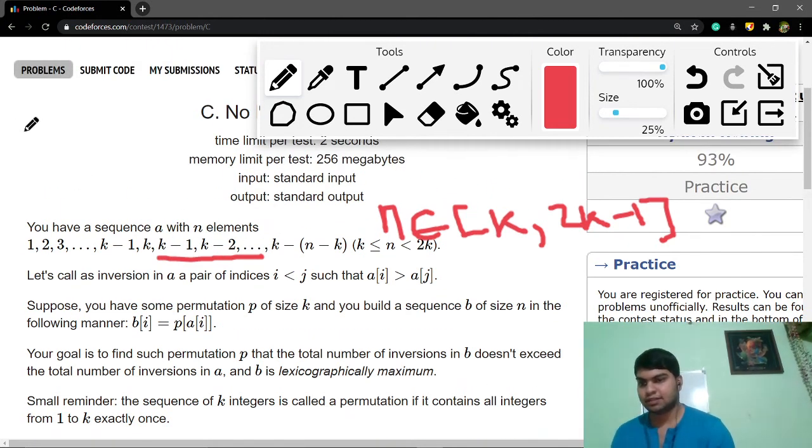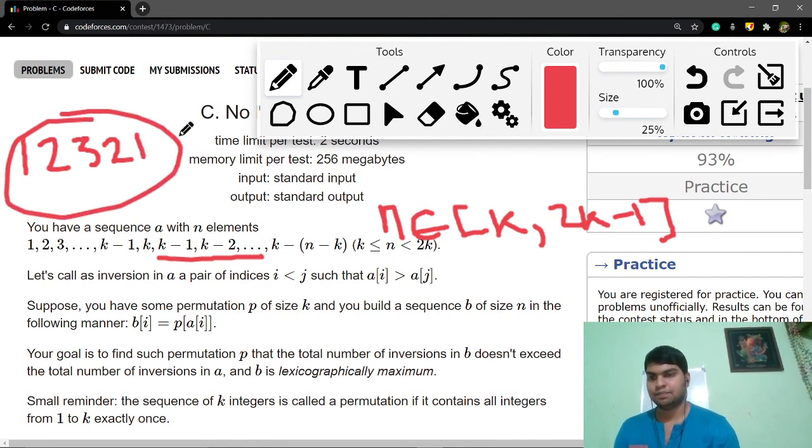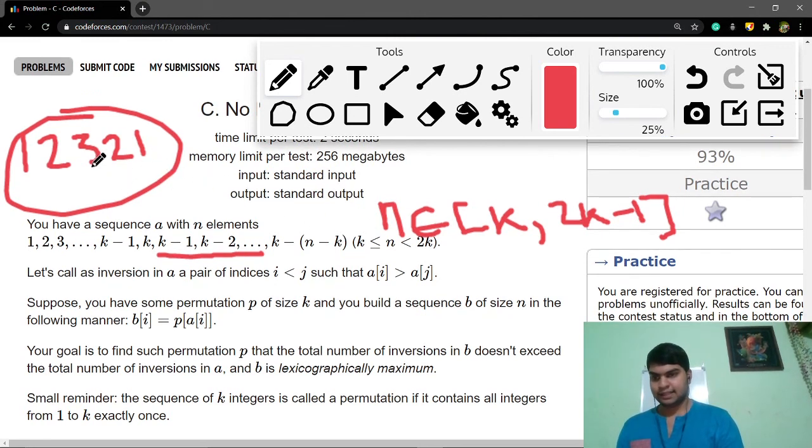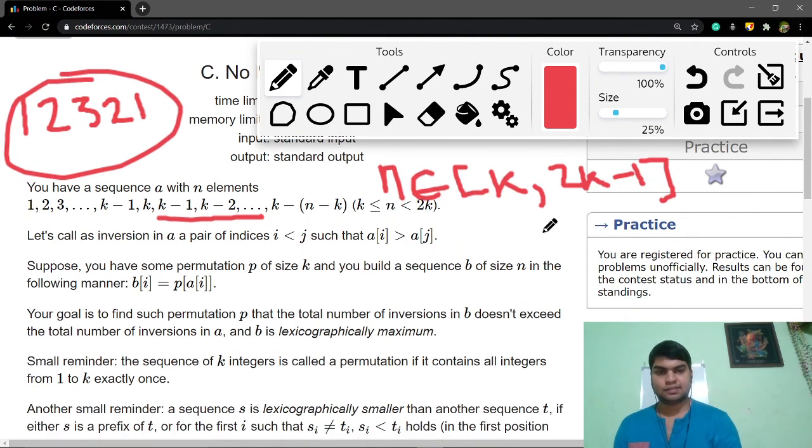So we have a sequence like this: 1 2 3. If k is equal to 3, then we are again getting back to 1. So we have a sequence like this. If n is 5, okay, now n cannot be equal to 6 because of this condition.